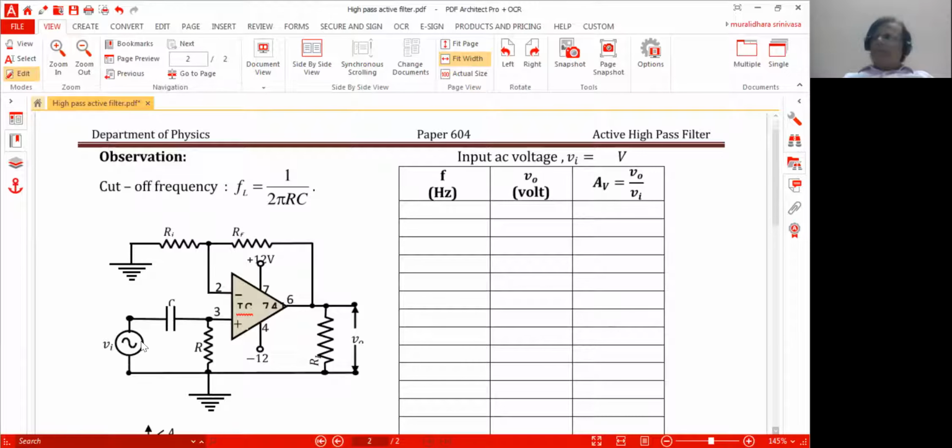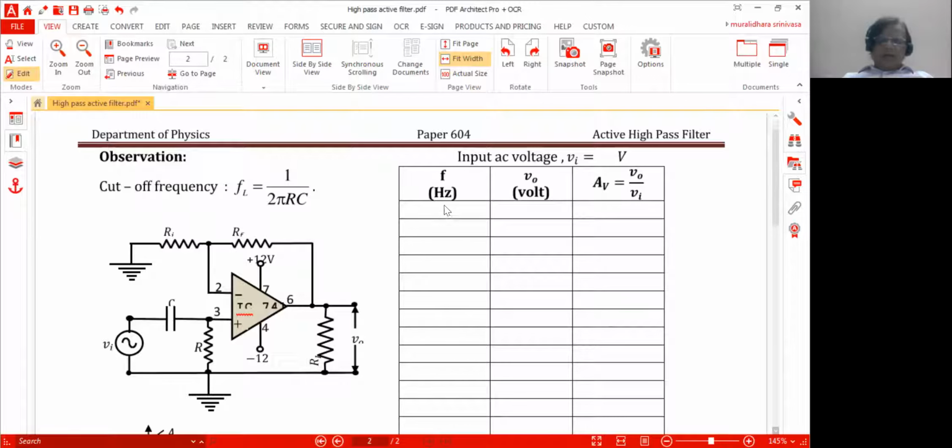This is the oscillator. You can set the signal at 1 volt. This is the capacitor C. Choose this, let us say 0.1. Then if you calculate, if you keep an R value of 1K, the cutoff frequency turns out to be approximately 1592 Hz or 1.6 kilohertz. This R is optional. You can either have it or you can remove it, no problem. The output is taken between pin number 6 and the ground.